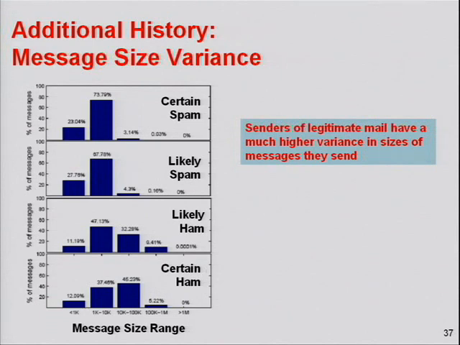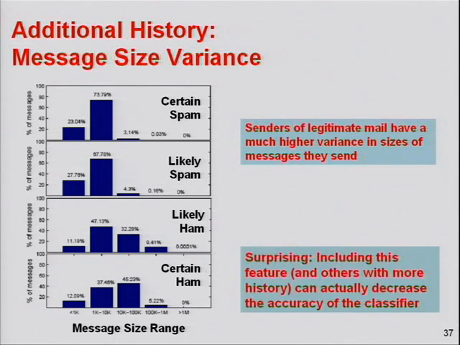The variance of the message size that any particular sender is sending is quite a bit smaller in the case of spammers than in the case of legitimate senders, which actually makes sense when you think about it, right? Because people like you and me may send anything from a one-line email to something with a PowerPoint attachment or what have you. Whereas if you're a spammer, part of a spam campaign, then those messages may vary for evasion purposes, but the overall size of the message may not be